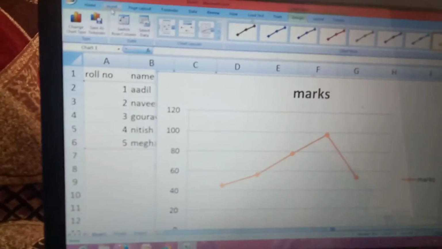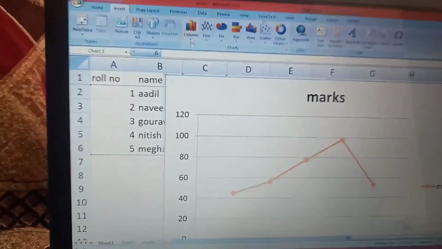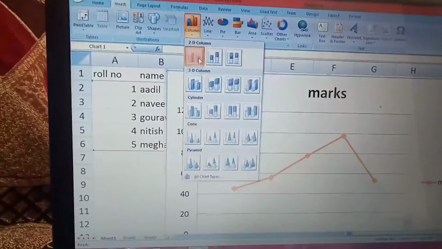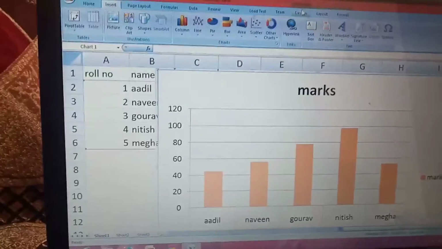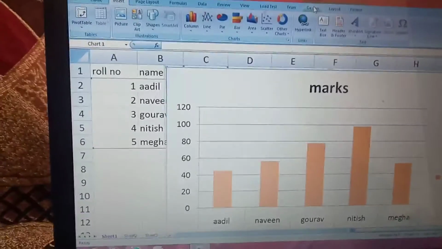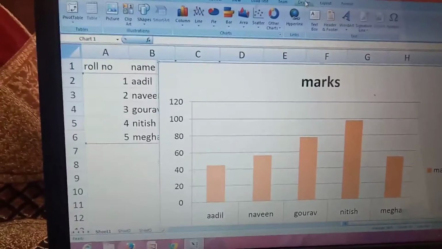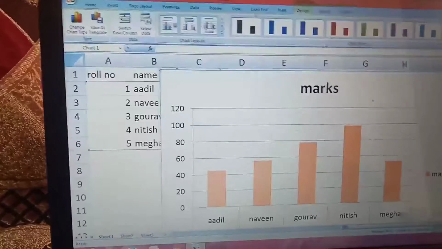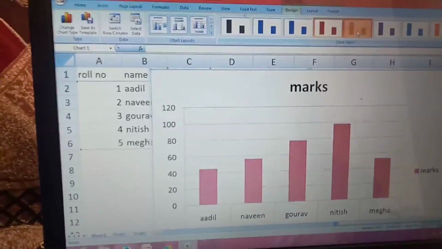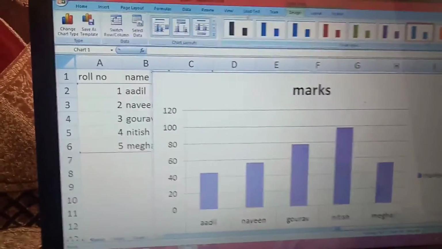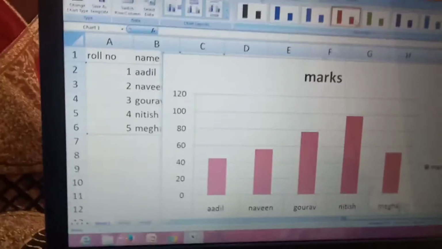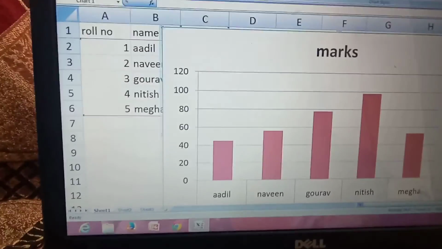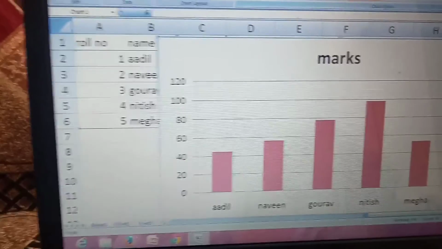In the same manner, if I do it in the column chart, I will take 2D, then this is in orange color, and in the same manner if I move to the Design tab, I select any color, red, green, purple, depending upon our choice. In this manner we will change our chart type.